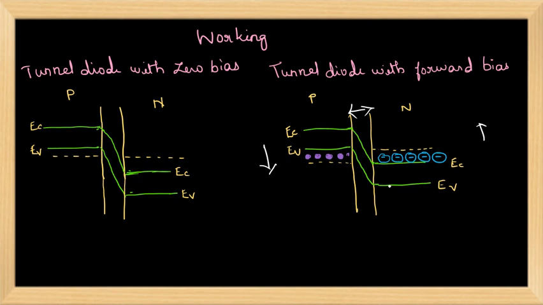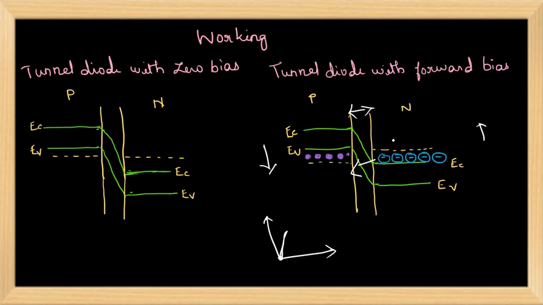So we have lot of electrons in n side and above Fermi level we have lot of holes. At this stage, the tunneling effect comes into the picture. Since the barrier width is very small, the electrons start to tunnel through the barrier. Here, minimal number of electrons from conduction band of n region will start tunneling to the valence band. Because of this, there will be a current flow through the diode. If you see the VI characteristics, it will be 0 at room temperature and it will start to increase because of this tunneling effect.